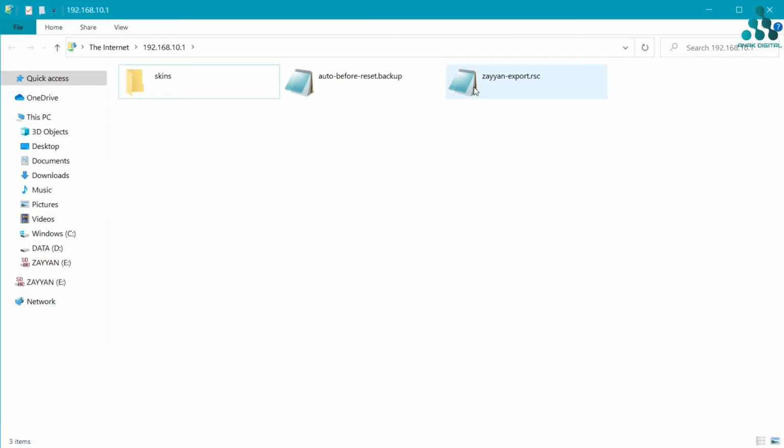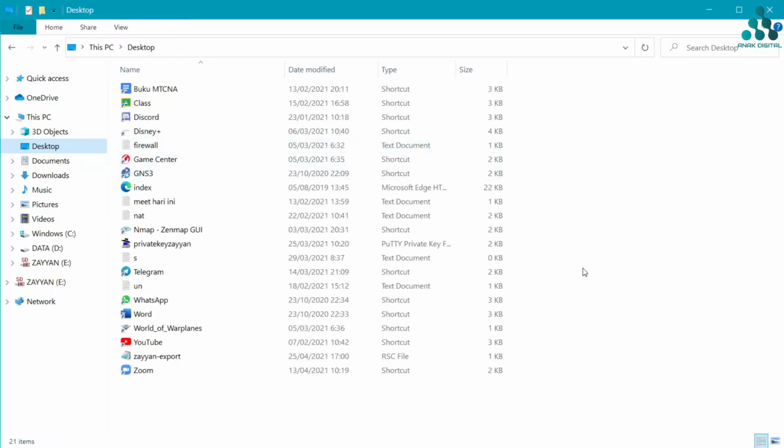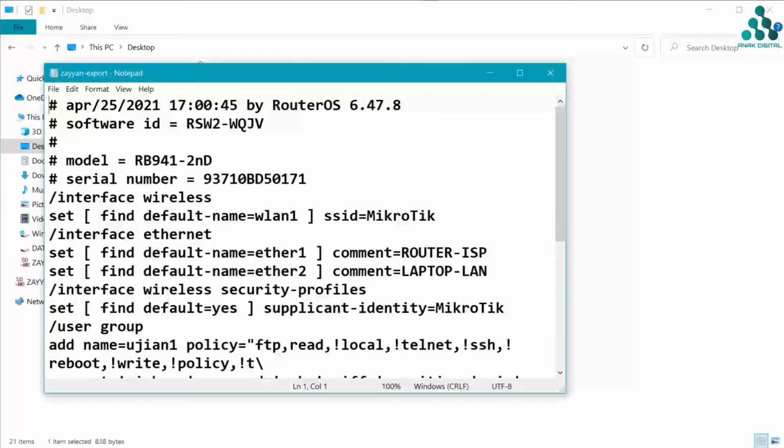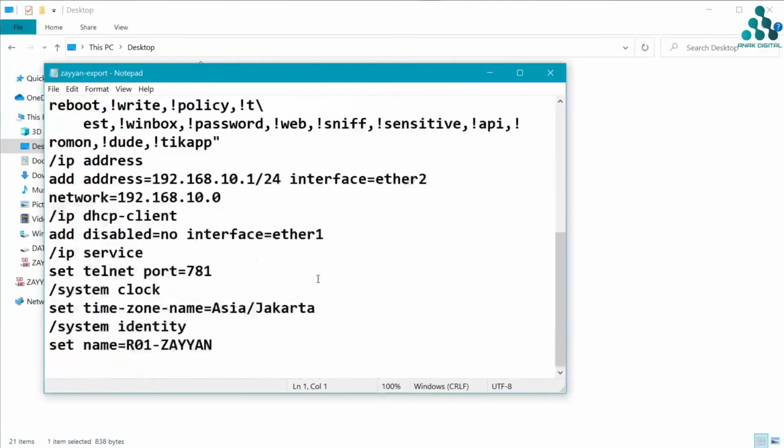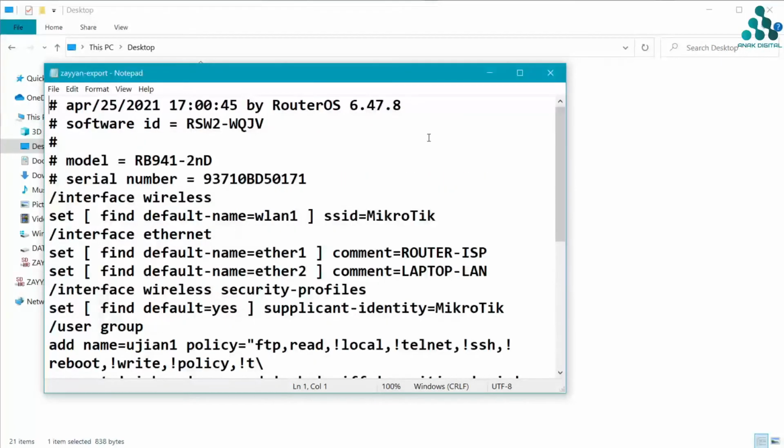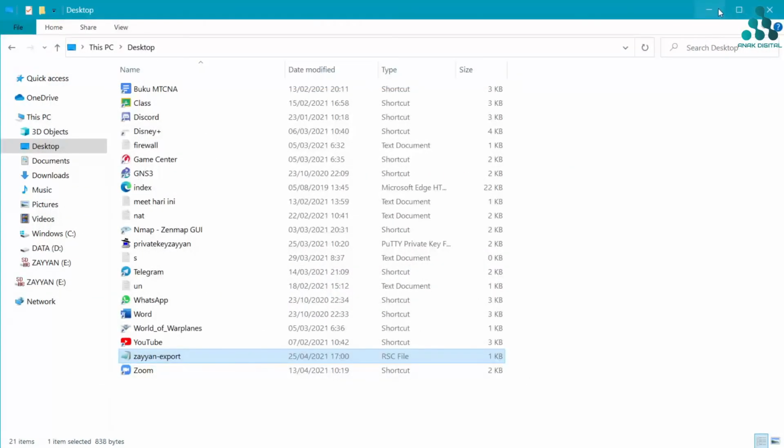And next, copy this file to desktop like this. You can drag to desktop. Okay, you can see that in there Zayan export. And next, I wanna check the Zayan export. Okay, the file is like this and it's not encrypted. Okay, close.